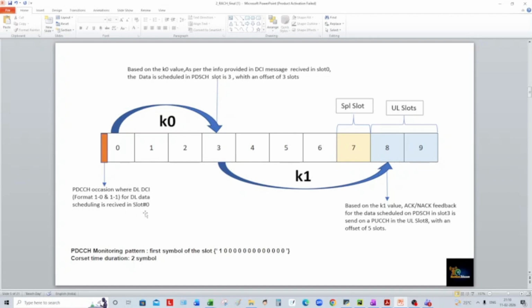Suppose it shows 3. After 3 slots, 0, 1, 2, then 3, here we can get the PDSCH slot. So here we get the PDSCH data,